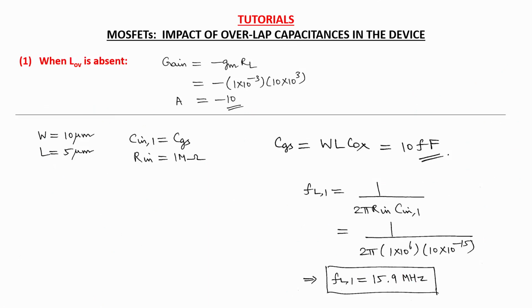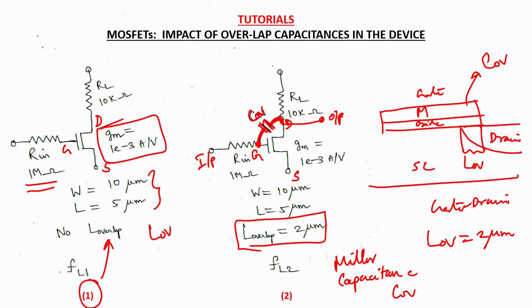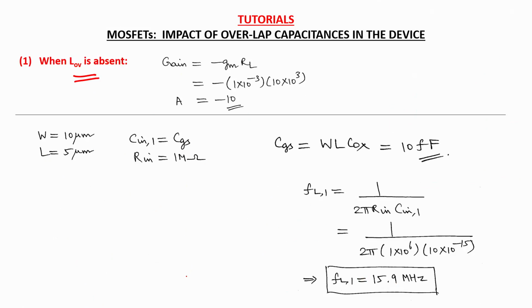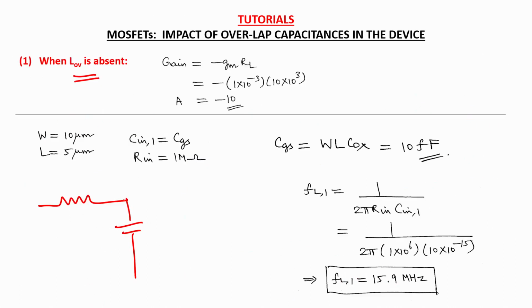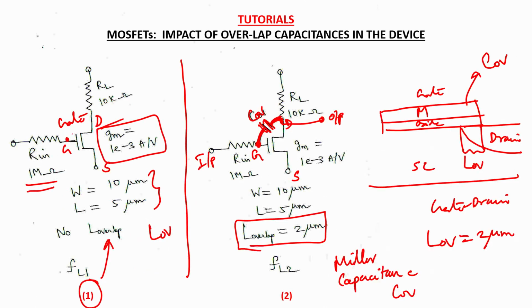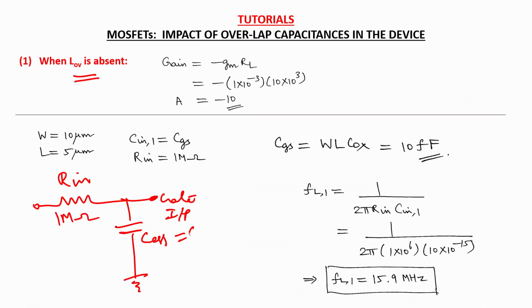Okay. So first let us analyze the first case where there is no LOV present. Let us call this amplifier 1. Here you can represent the effective network at the input terminal. Assume that this is the gate terminal. So what is the effective network here? Here you have R in to be 1 megaohm, and between the gate and ground terminal you have CG. Let us call the effective capacitance between the gate and the ground terminal C effective, and for this device this is nothing but the CGS value. So the C effective, the effective capacitance at the gate input terminal, is nothing but CGS for this configuration.